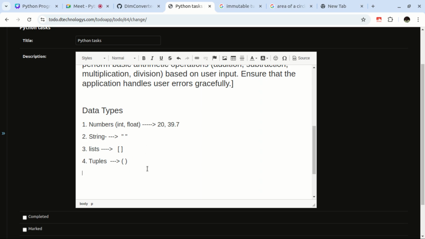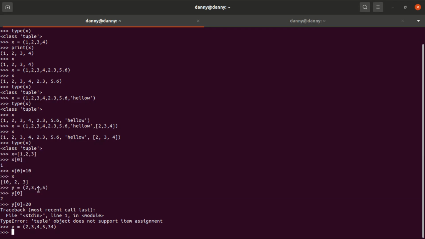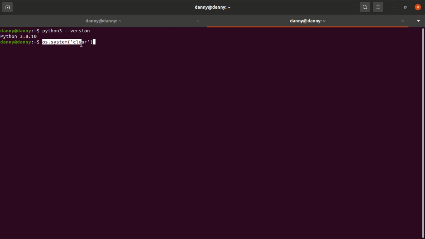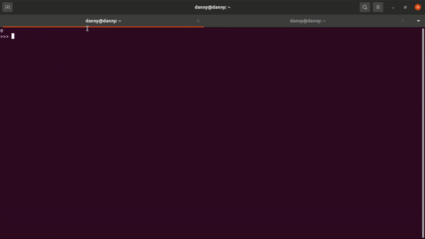All right, then number five in the list, let's talk of heading 2. Number 5 in the list, we can talk about dictionaries. All right, we have something like dictionaries. Another interesting data type here that we can look at. So dictionaries, let me copy my clear command here so that we start on a clean working space. All right, so for dictionaries,